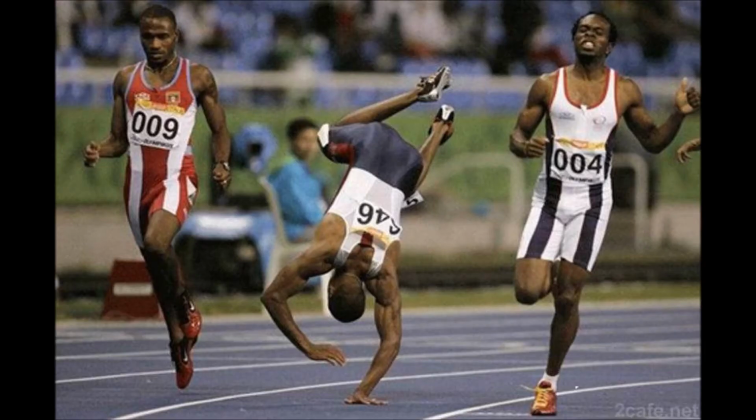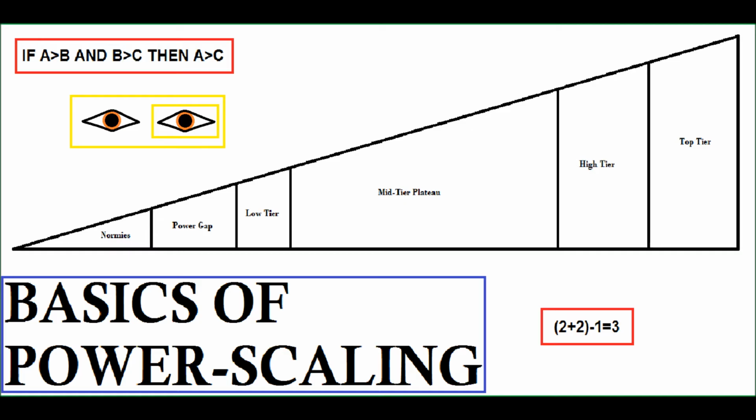Runners might be faster on some days than on others. To determine who is most likely to win, it is necessary to analyze performance in multiple races in order to get a precise data set. Additionally, a common method of power scaling is determining the performance that two individuals would have against each other by comparing their respective performance against a third party. In the end, there are many different ways to power scale, but I do not intend to discuss them all too deeply, as that would be against the spirit of this video.